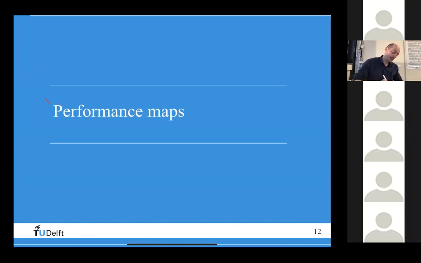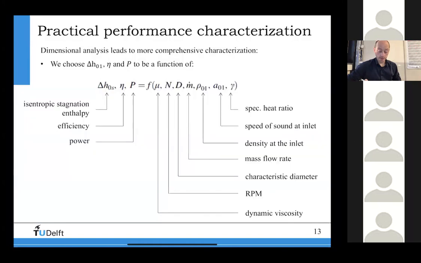But in reality, we will have to do something like measure performance maps, for example, right? We can measure them, or we can calculate them with CFD simulations. And that's why we should think of it in a slightly different way. There's a one-to-one relation, of course, but